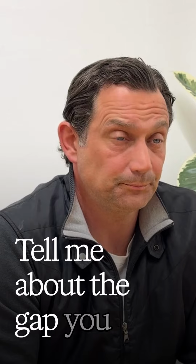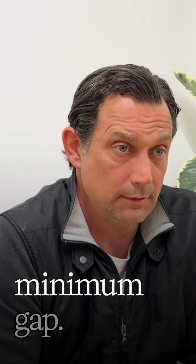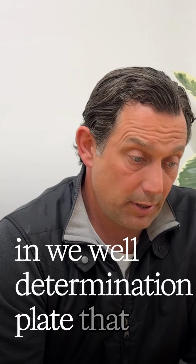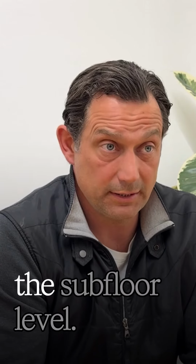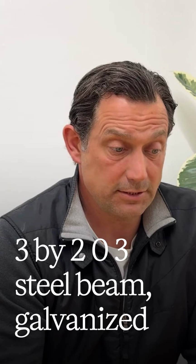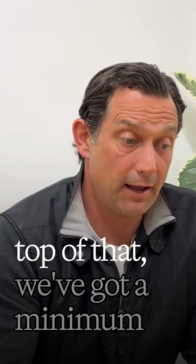Tell me about the gap you have below the deck. When it's concrete, you've got a 300mm minimum gap. Yeah, beneath the steel frame, we put the helix in, we weld the termination plate, that sits 150mm above what will be the subfloor level, and then we normally use a 203 by 203 galvanised steel beam for the framework. So by the time we put our deck on top of that, we've got a minimum of about 350 as